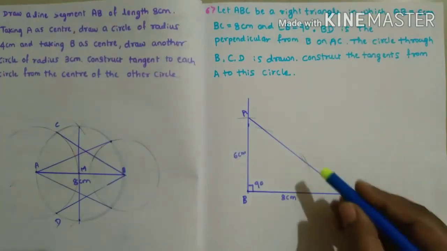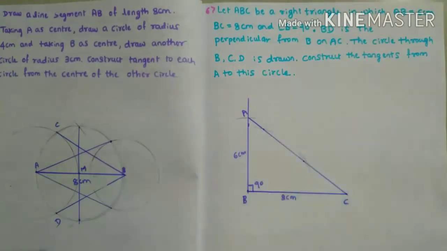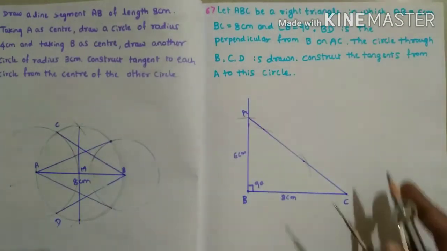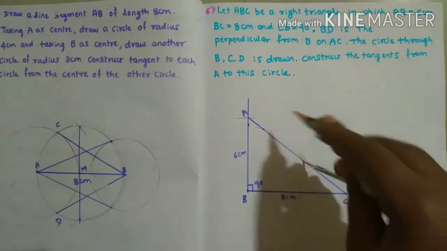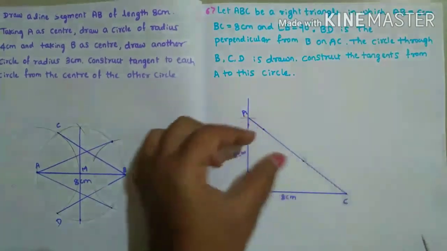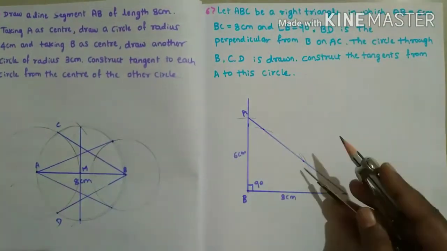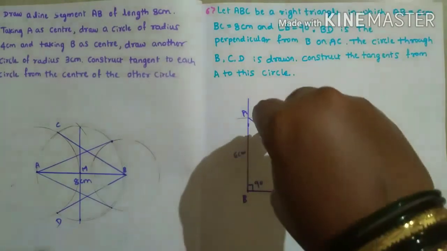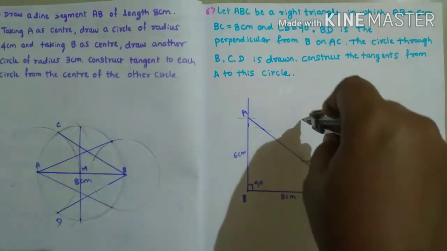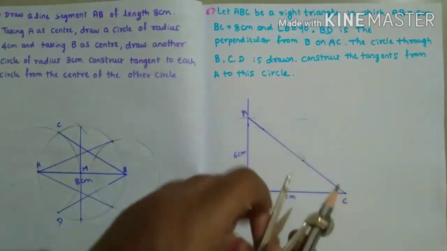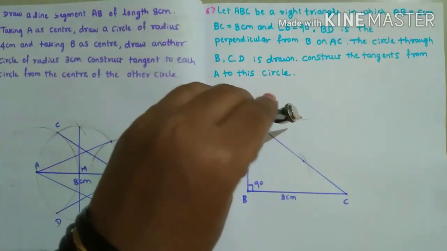See, this point you have to consider. Without changing it, you should draw two arcs. Those two arcs should intersect the AC line. Now whatever two arcs we got, we got two points here, this point and this point. More than half of the line between these two points we got, or the full length also you can take, no problem. I will take more than half of this. Half means this much, more than half I am taking, and I will draw arcs, what we were doing while bisecting. I'm doing like that. I'll keep it at this point, and I'll get this arc.